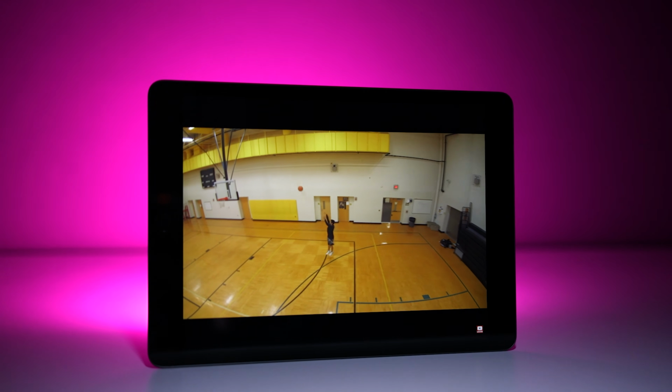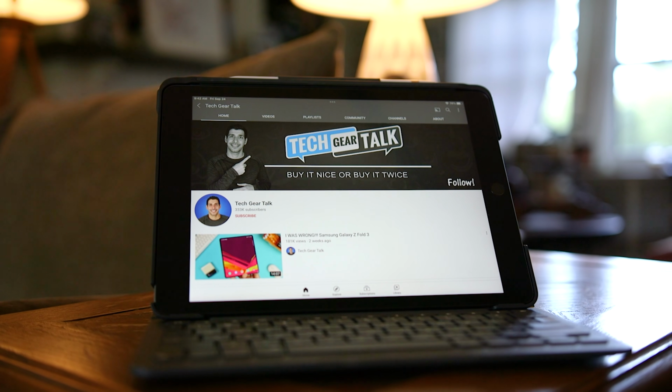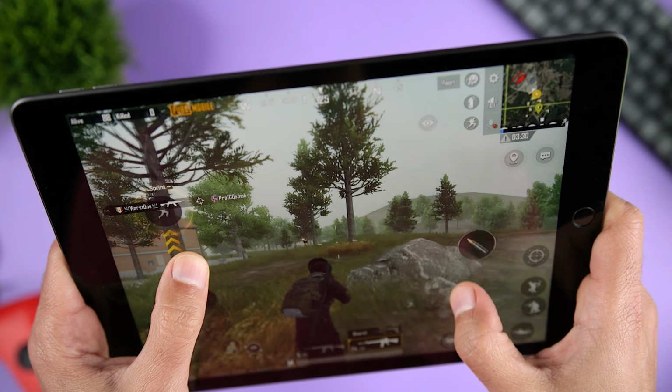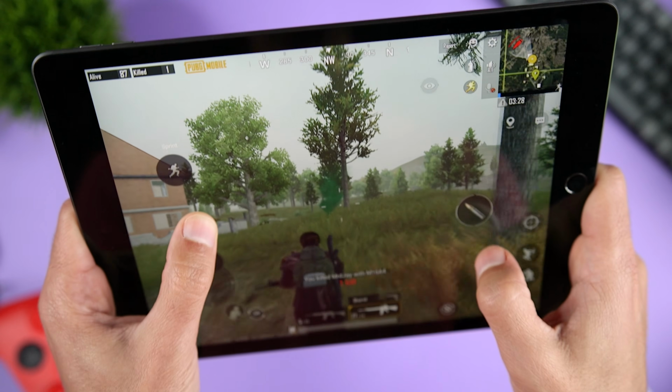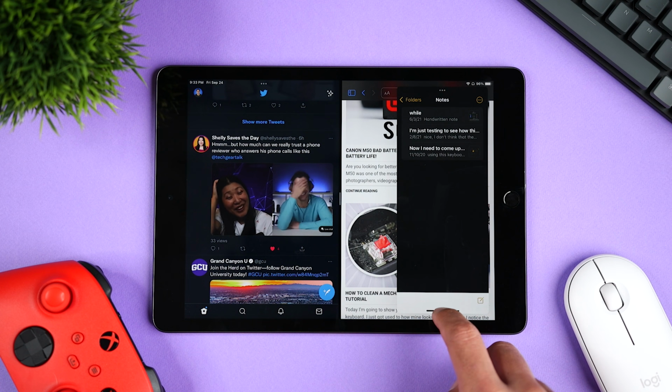The iPad 9 offers a similar experience for most general use cases like watching content, surfing the web, or for multitasking. It has a better front-facing camera, plenty of processing power for the majority of users, a 3.5mm headphone jack, and it's significantly less expensive. Hopefully this video helped you make a decision.